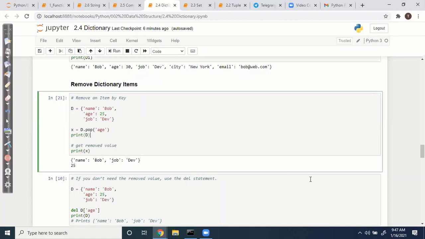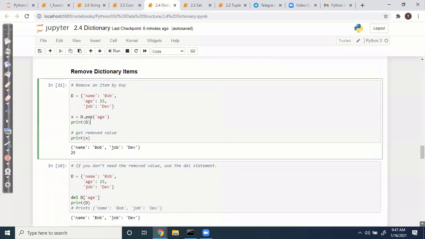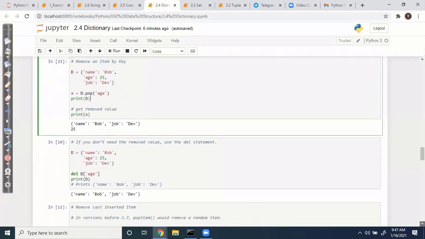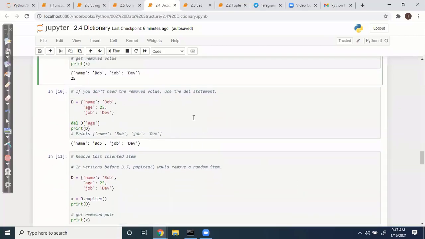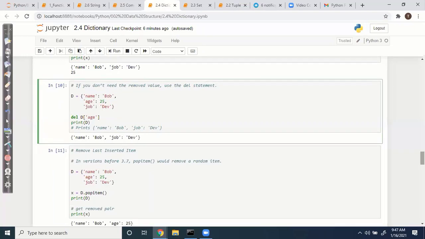It gives the result, so you can save it or use it for general purpose. Otherwise you can use del. If you don't need the value, del doesn't return anything. It just removes it. If you want to get the removed value, you can use pop. Otherwise you can use del.